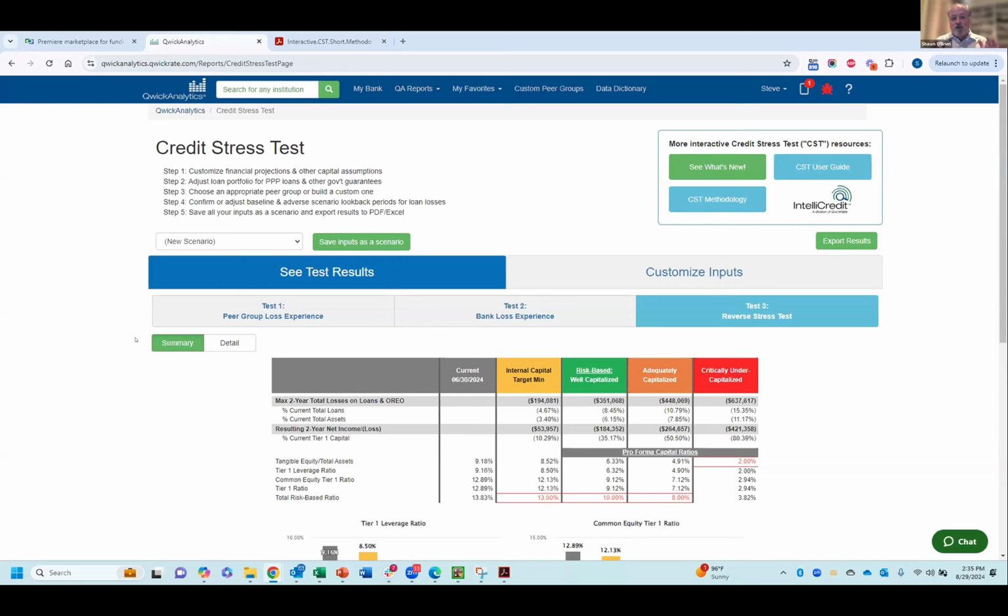And so, I think that's really one of the fundamental distinctions: this is a lot easier to aggregate. It's not quite as granular, but it's not designed to be. It's designed to provide that capital cushion. And then if you want to get more granular, then you go to the loan level. And that's where David's going to pick up the second part of the conversation. And again, beauty's in the eye of the beholder. It may be what your bank needs or is requested, but we really are just trying to demonstrate that we can assist you in a number of different ways when it comes to stress testing.